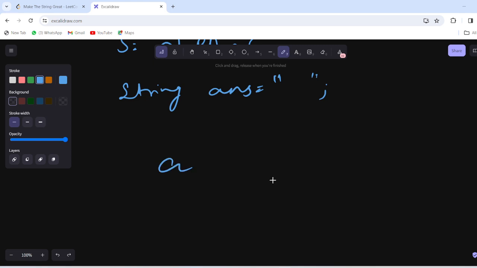Now I iterate from the start to the end. If our string is empty, then push back to our answer, meaning in this string push that element.